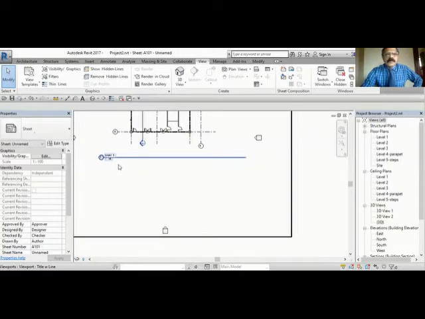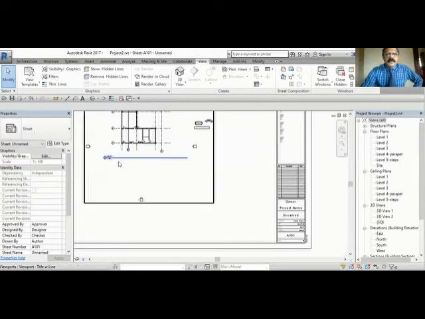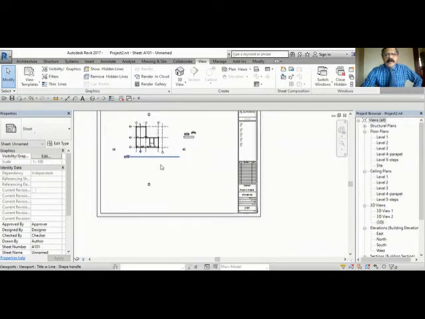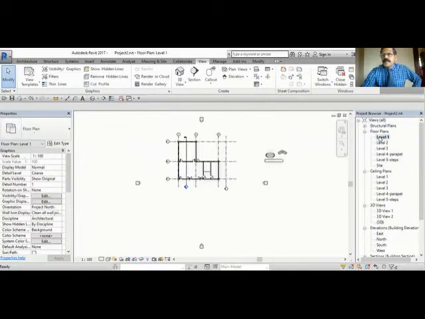It is 1:100. Suppose you want this drawing at 1:200. What you do is you go back to level 1. You can see the scale is here 1:100. Same thing 1:100. You can change the scale. Suppose I want to make it 1:200. Okay. So the text size will become bigger, but it is not actually changed. Only the model is changed. So this is the size. Everything is the same only.